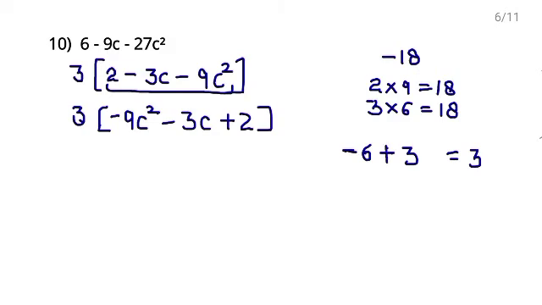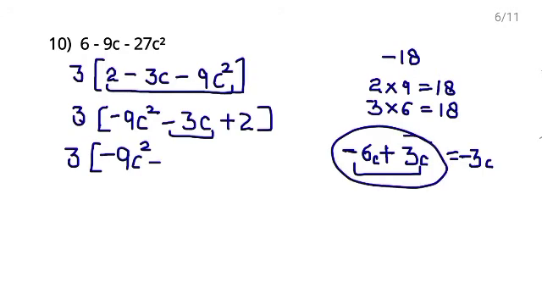So this will be of plus. Now 6 minus 3 is 3, because the signs are opposite and the sign will be of the greater number, which is minus, right? You need minus 3c, so this will be minus 6c plus 3c is equal to minus 3c, right? So 3 minus 9c square, this minus 3c can be written as minus 6c plus 3c plus this last term